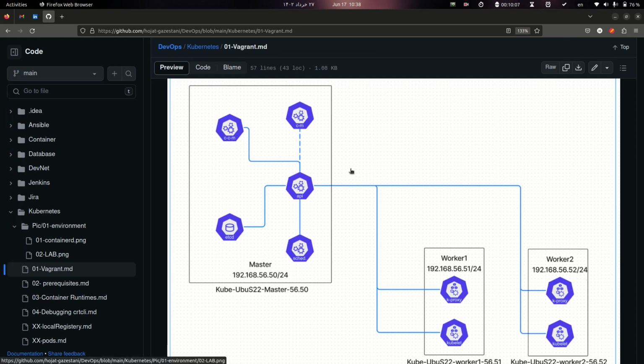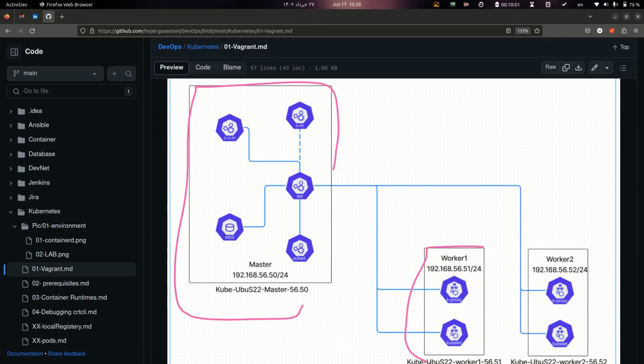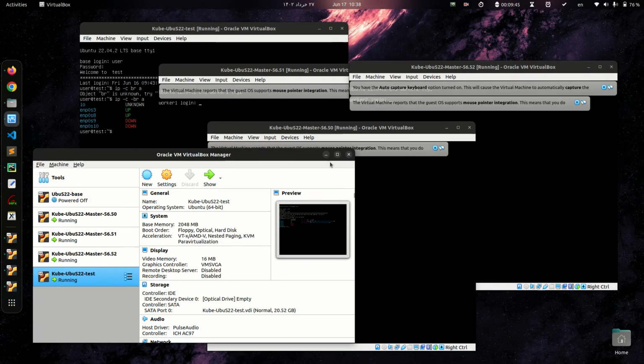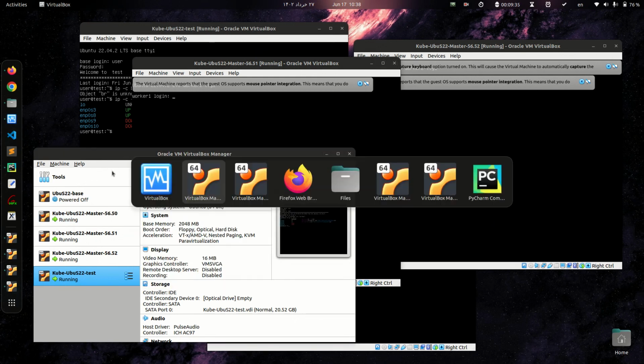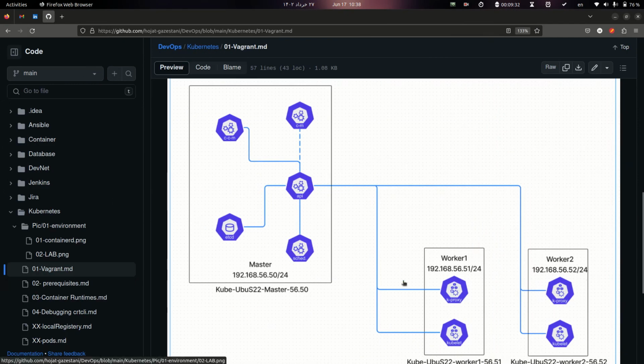In my previous video, you saw I installed and configured this node on VirtualBox. Also connect this node using a host only interface with this IP address. And here is my virtual machine which I will use in my laboratory, and install Kubernetes services like kubeproxy on my worker node. As you can see here, this is kubeproxy services, kubelet, kube API, kubescheduler, etcd on my master